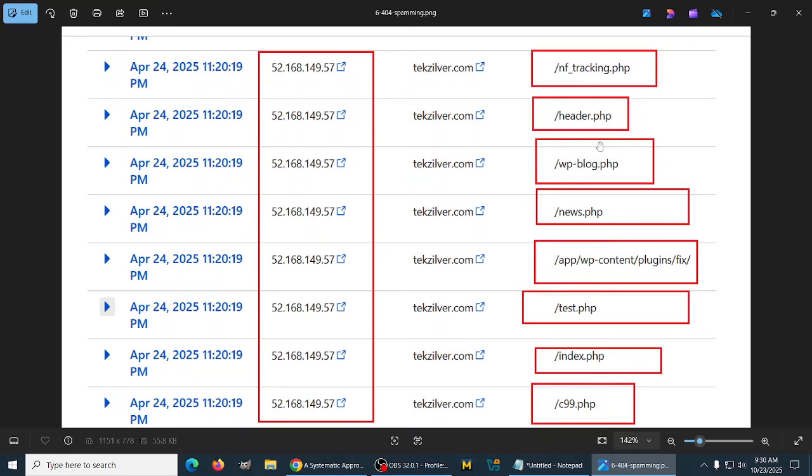server bandwidth and server resources. This can especially be a problem when website owners have a limited amount of bandwidth with their hosting service company. For example, if somebody has a hosting account that gives them 1 or 2 GB of bandwidth in a month, and you run into these kinds of problems, then your bandwidth will get used up, and legitimate visitors to your website may not be able to view your website. So that's basically the objective of the